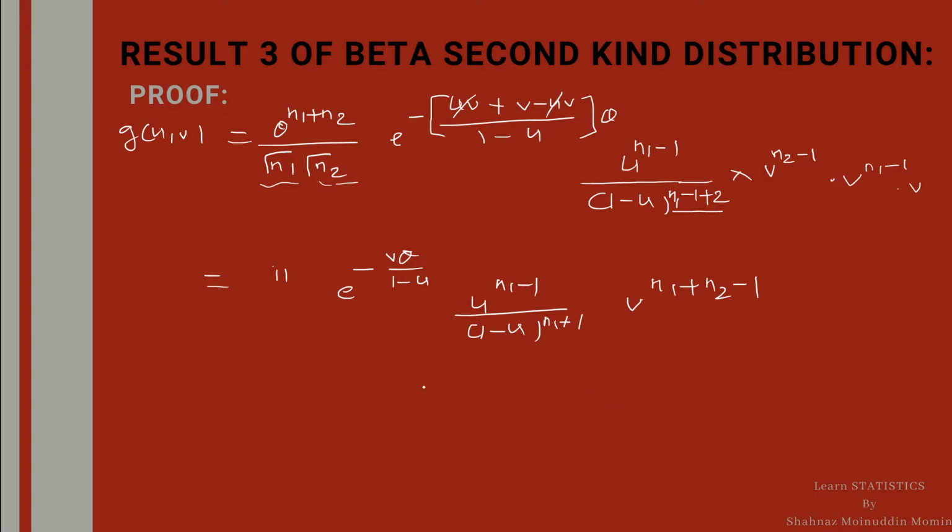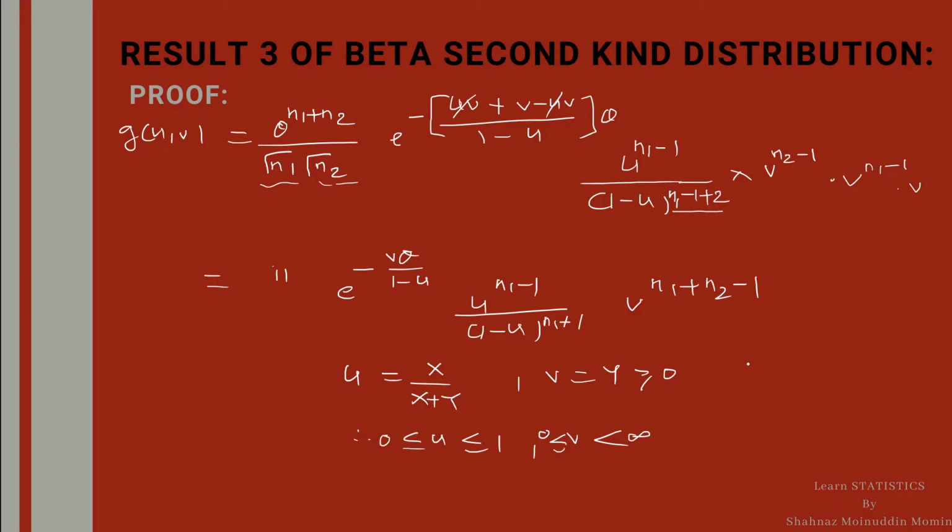We know that U equal to x upon x plus y and V equal to y. As y is gamma, so V is greater than or equal to 0, and U equal to x upon x plus y, with x and y both positive, therefore U lies between 0 and 1 and V lies between 0 to infinity. This is the range of U and V. This is the joint PDF of random variables U and V.